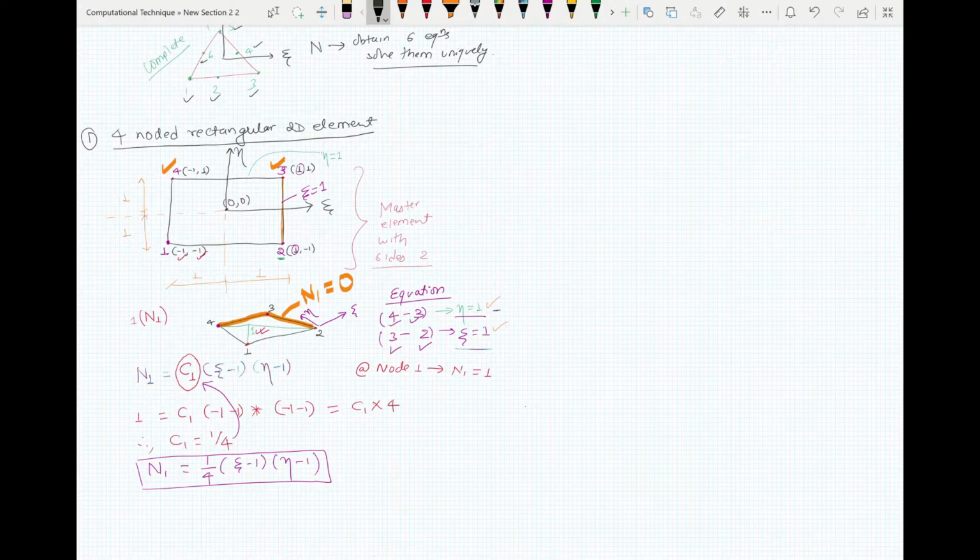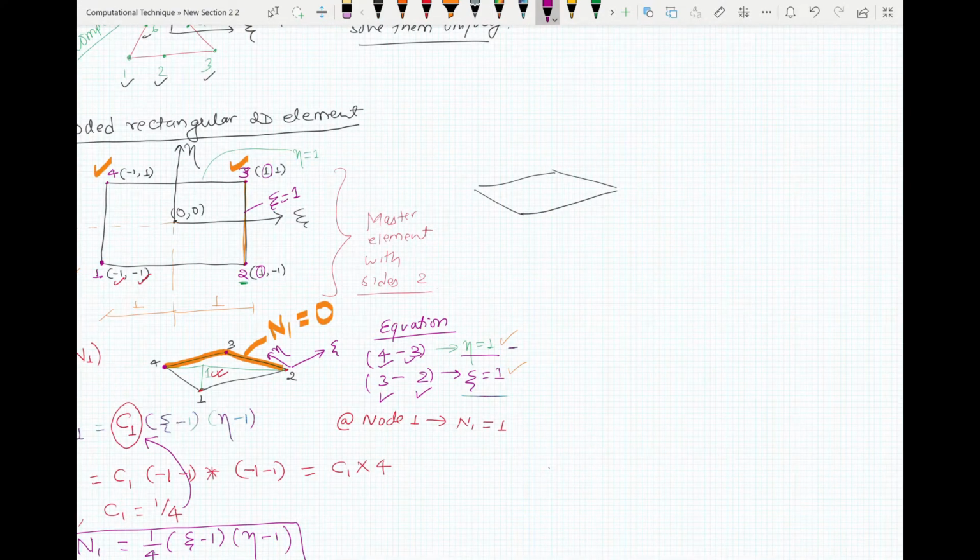If you look at n2, now your shape function at node 2 is 1. The value of the shape function at node 2 is 1, and at the other points it is 0. We are looking in direction xi and direction eta only. Now for this case also, you see that the value of the shape function n2 is 0 at